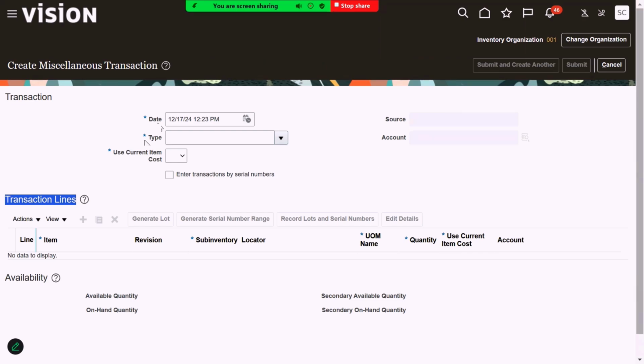The header section will have what date you are trying to post, what the type is that you are trying to make your adjustment with, and Use Current Cost Item. When you choose Use Current Cost Item as yes, it will take your existing item cost. And if you choose no, you need to manually enter the cost for the particular transaction. Okay. So the type, I want to post for the positive transaction, so I'm choosing